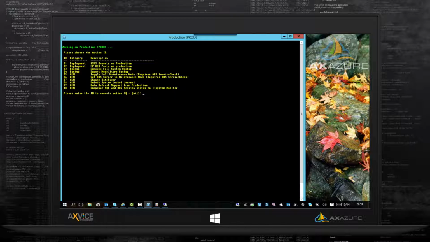So we can, from a top list here, do report deployment, web deployment, full system backup, model store backup, toggle full maintenance mode. I'll get back to that. It's coming back to that AOS service check that I talked about a little bit earlier. Then there are some actions that happen inside the AX batch user, journals, logged data refresh, and many, many more scripts that we haven't even added in here. But I can imagine that you already have a lot of scripts, and this could be so many different scripts. It could also be a script that has nothing to do with AX in that manner. But every time you do these things, you are doing them in this context.